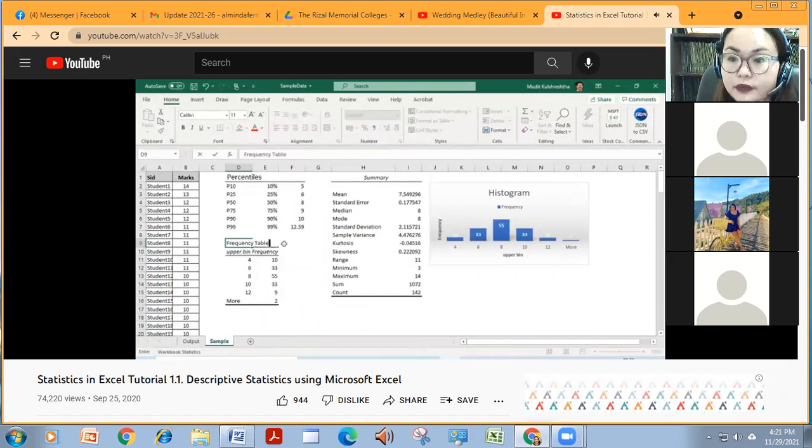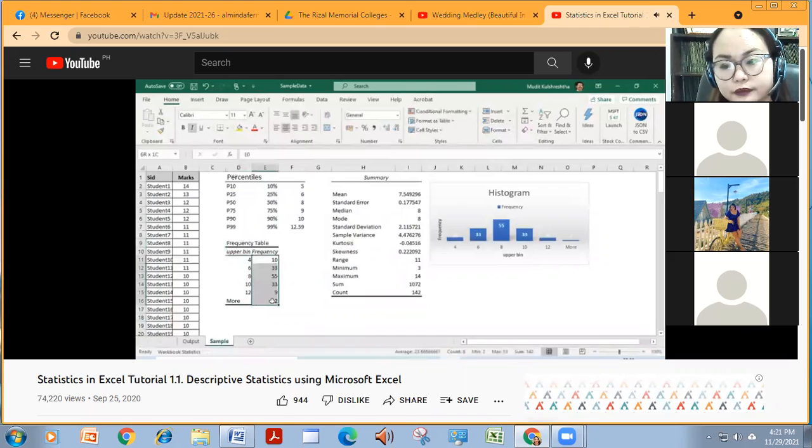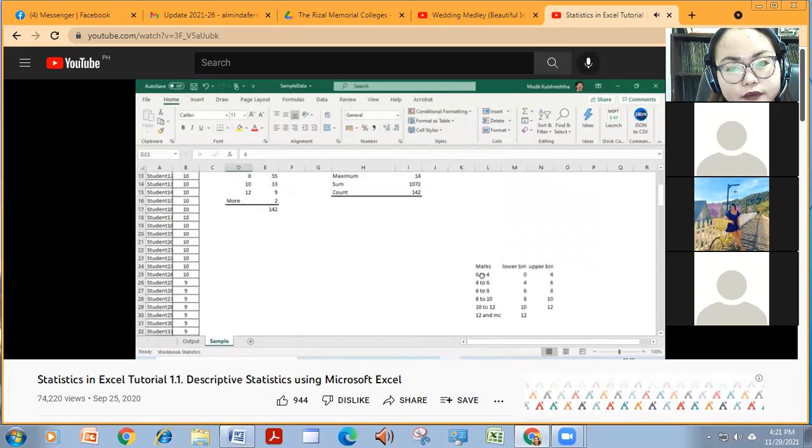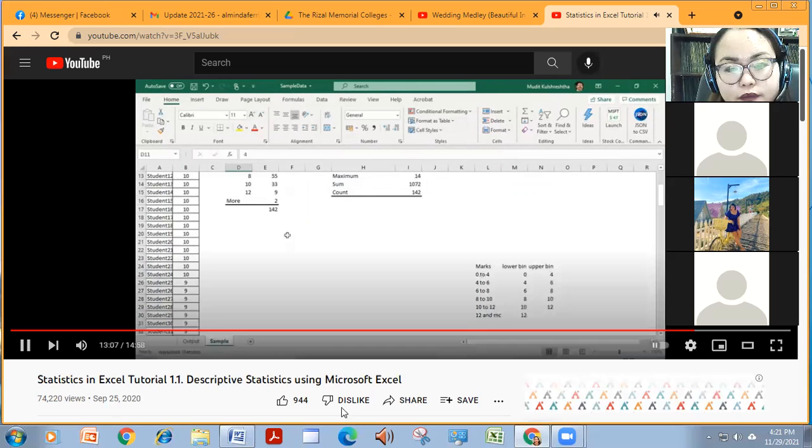If you add this up, it will total 142 students. So I'm summing it, and you see that these are 142 students, out of which there are 10 people in the 0 to 4 marks, and there are 33 people from 4 to 6. You might ask a question: if somebody is on the boundary, let's say somebody has scored 4, which bucket does he go into, right? Because buckets apparently overlap. So he goes in the first bucket. That's how it is computed. If somebody has scored exactly 4 marks, it will be reported in the first bucket, not in the second bucket, and so on for the rest of the buckets.